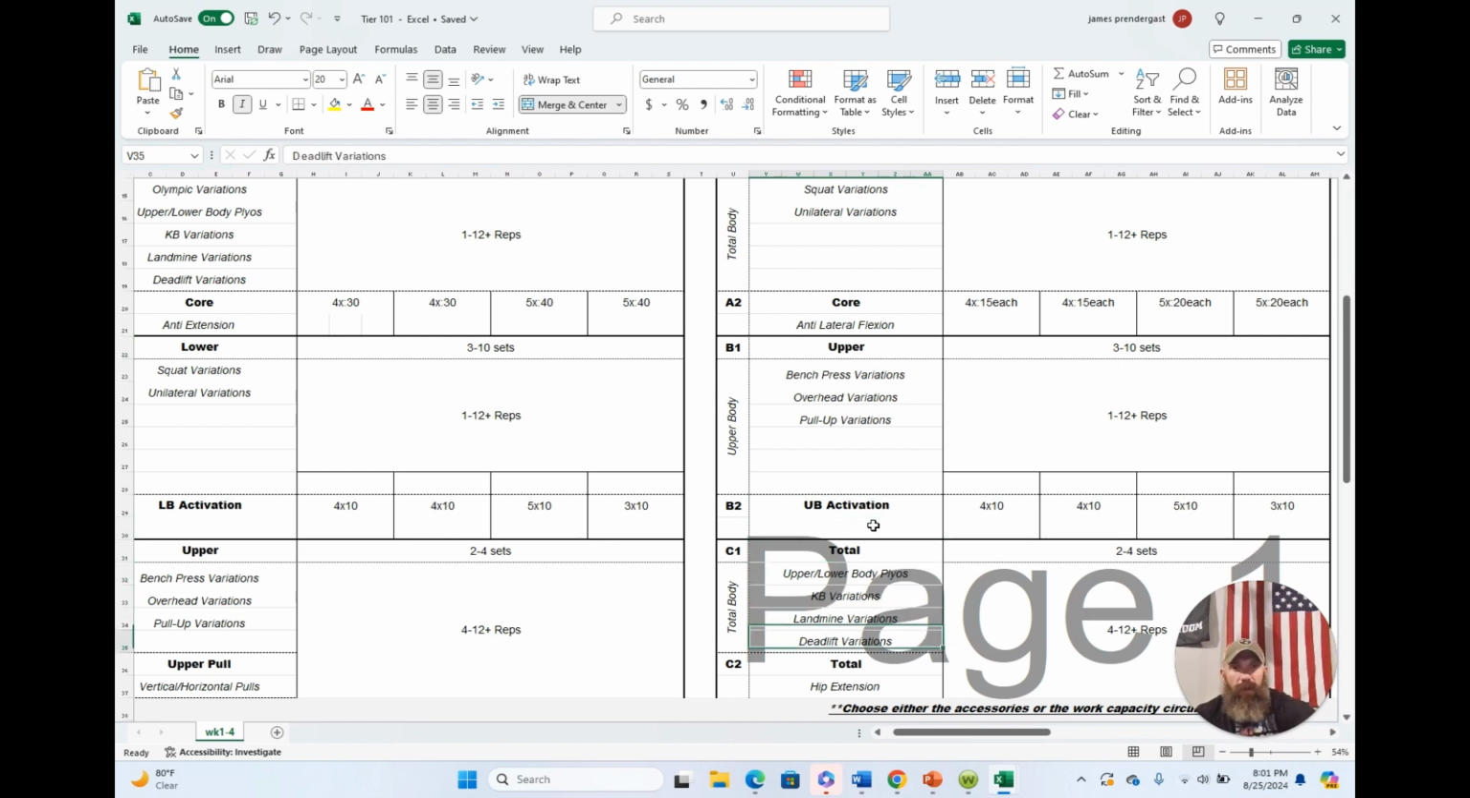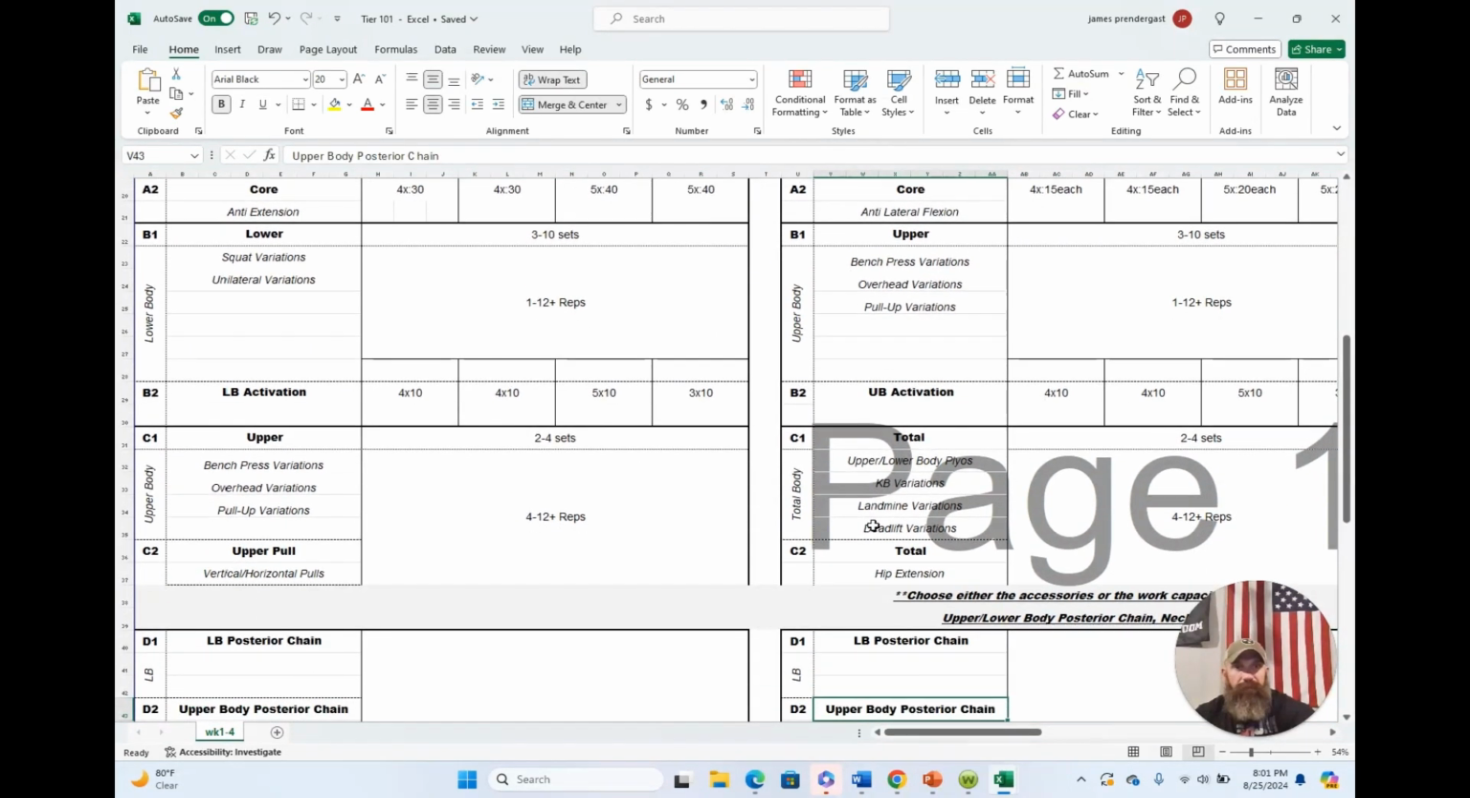Then tier 3 would be back to your total body. Okay, and the total body could be upper and lower body plyos. I usually don't put an Olympic variation in your tier 3. You could. It really depends on what the goal of the program is. Usually I save tier 3 for either plyos, kettlebell variations, landmine variations, or sometimes even deadlift variations, maybe for higher